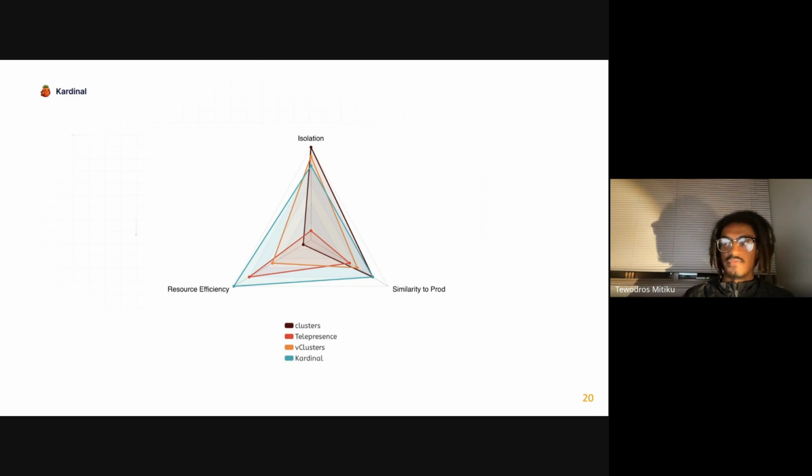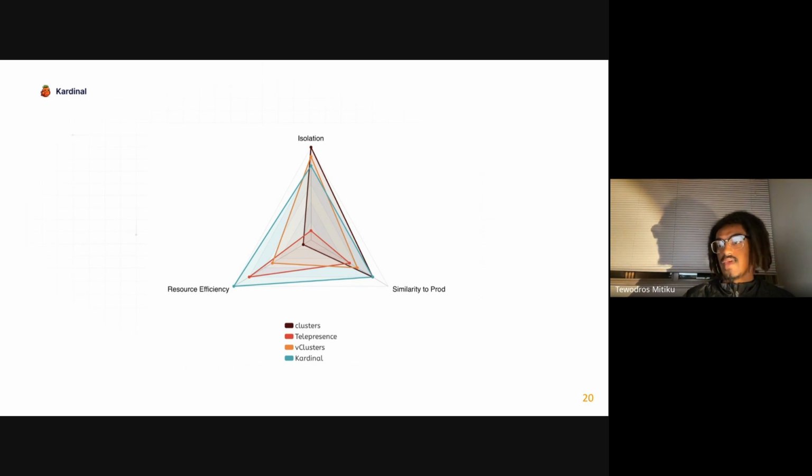But I don't know if you've ever heard of products like Telepresence that allow you to connect your local machine directly into your Kubernetes cluster. You get a little bit more resource efficiency because you're able to use your local versions, and then you get some similarity to prod, but there's less isolation there. And vClusters allow you to completely duplicate clusters within a cluster and create virtual clusters. There are also some trade-offs being made here.